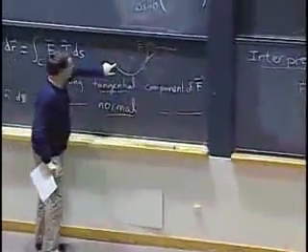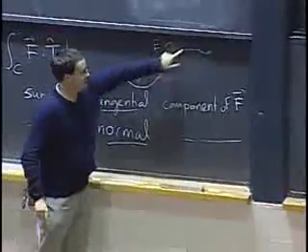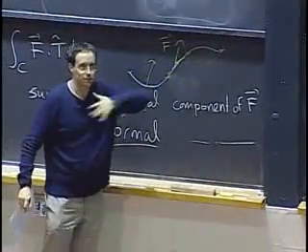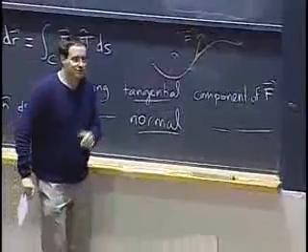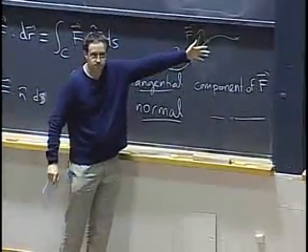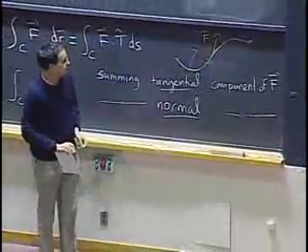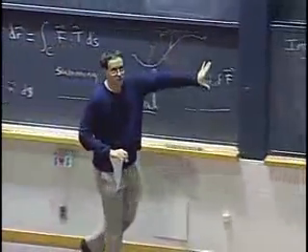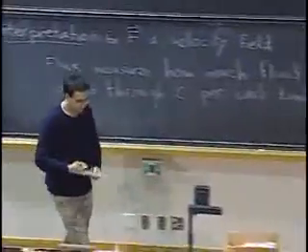Imagine you have a river and you're building a dam here, but a dam with holes in it so that the water still passes through. Then this measures how much water passes through your membrane per unit time. Okay, let's try to figure out why this is true. Why does this make sense?